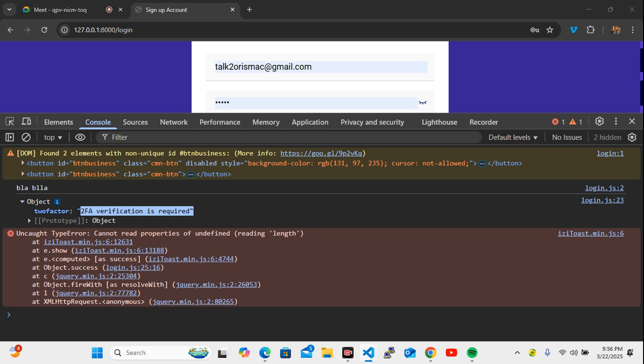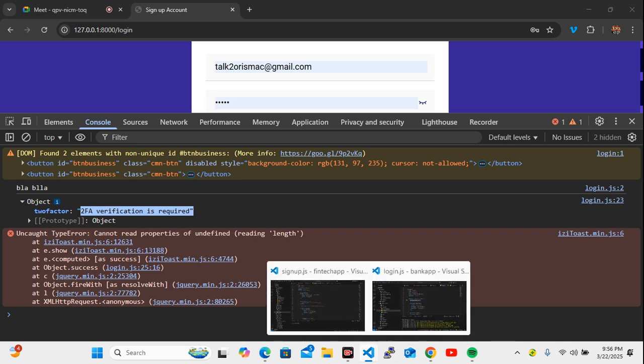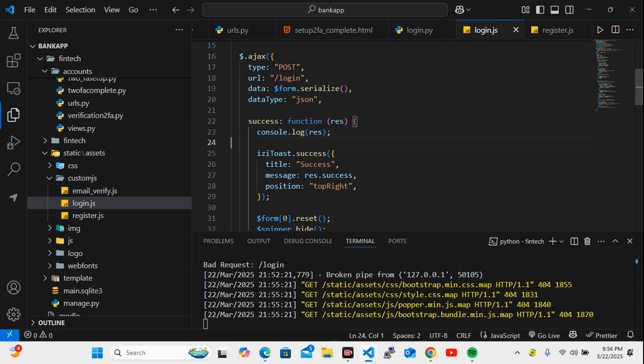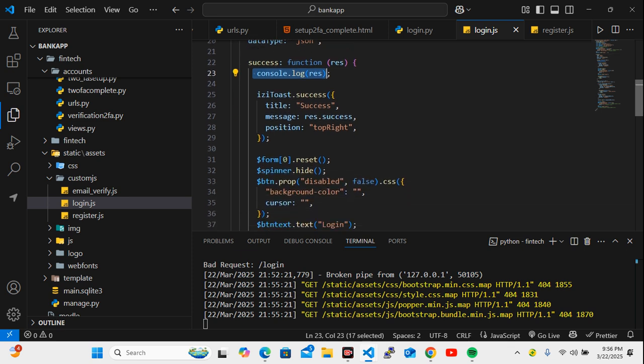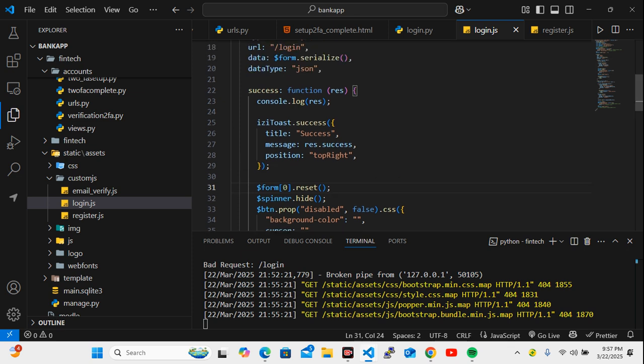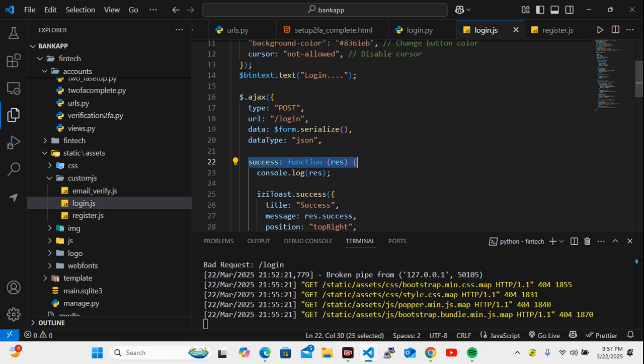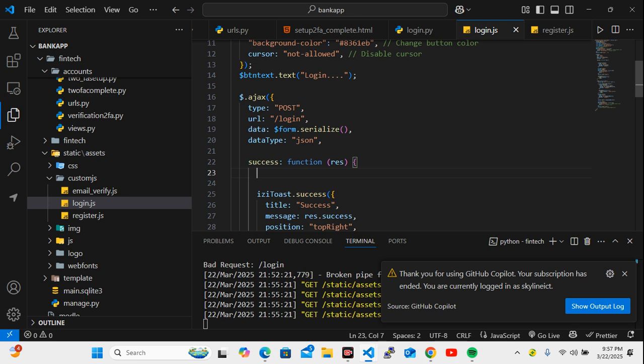All right, so let's go there. So here we can check the two-factor authentication, and then if that's true, then we can print it out. So here is the sources page for the login. You see the login here, and then the sources. I'm going to do that there. First check if